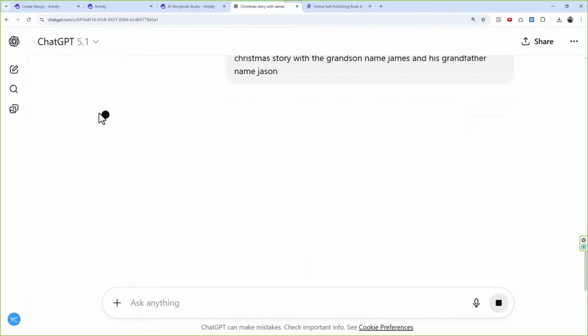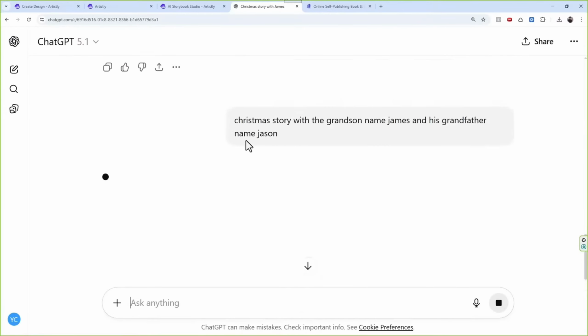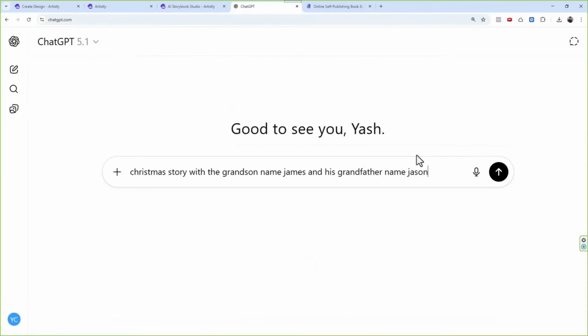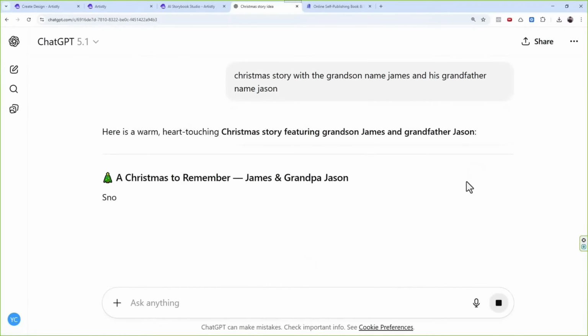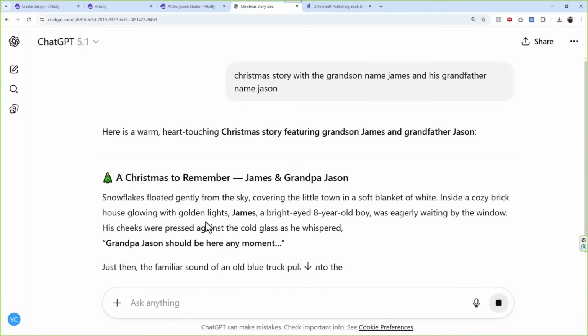It seems like ChatGPT is also having a hard time right now giving the story. Again, as we know, right? AI is AI. Give it its own time, or if it doesn't work, I can always copy it, create a new chat, put it here, and generate it. All right, there you go. All right,